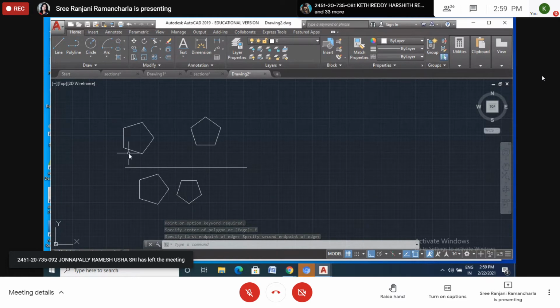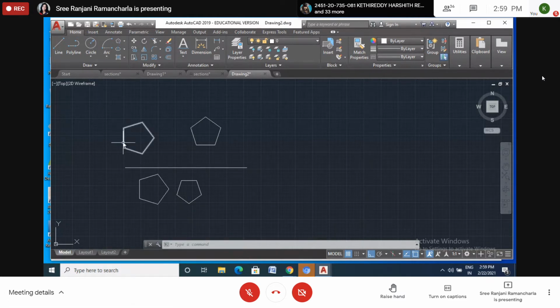This edge is perpendicular to HP and this edge is parallel to HP. This edge is perpendicular to VP. Okay, this is the top view. This portion is top view and this portion is front view. You have to imagine a lot here. It's not just as you are looking, you cannot understand anything here.